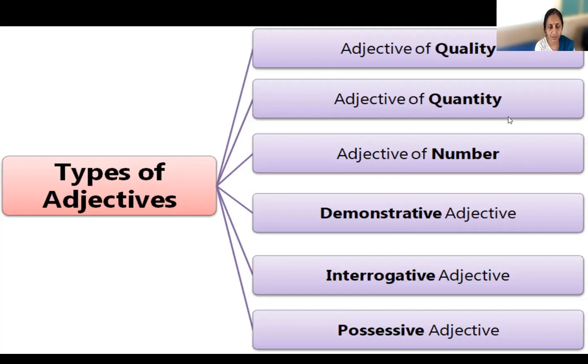So for singular, it will be that, and for plural, those. Then we have the interrogative adjectives, which will ask questions like which, what, about the noun. Then finally, we have the possessive adjectives, which will show possession of the noun, whether it is my, your, his,